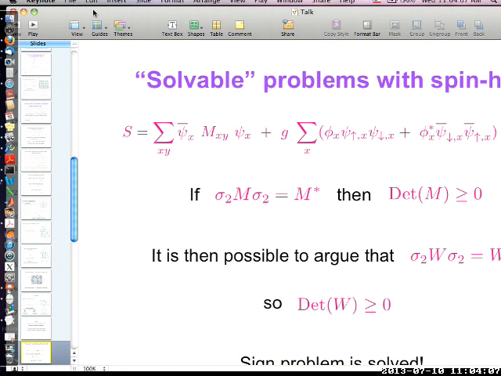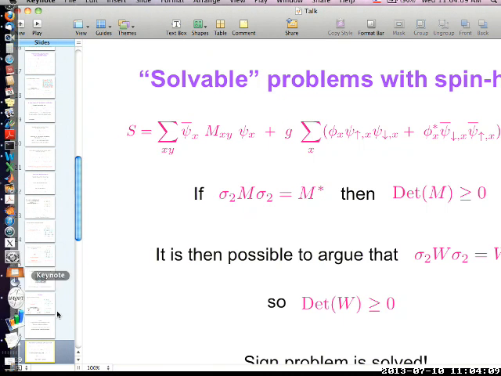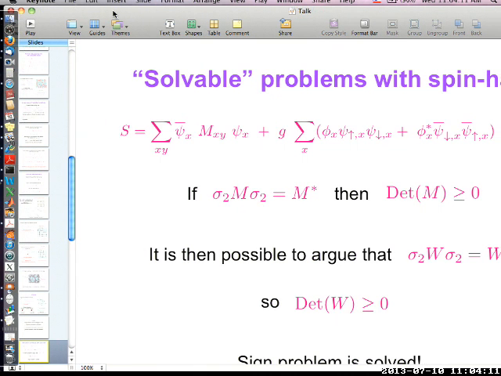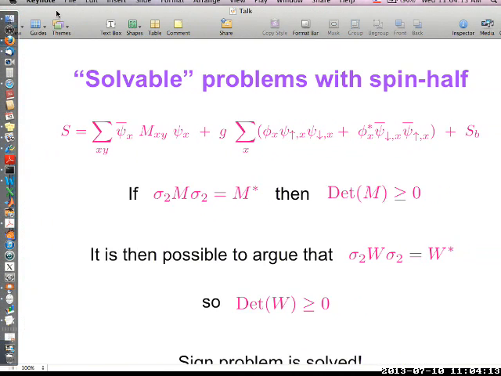This particular example is exactly what we have in the non-relativistic case. Which one? When you write down this kind of action. Yes. So in our case, to do a non-relativistic problem with